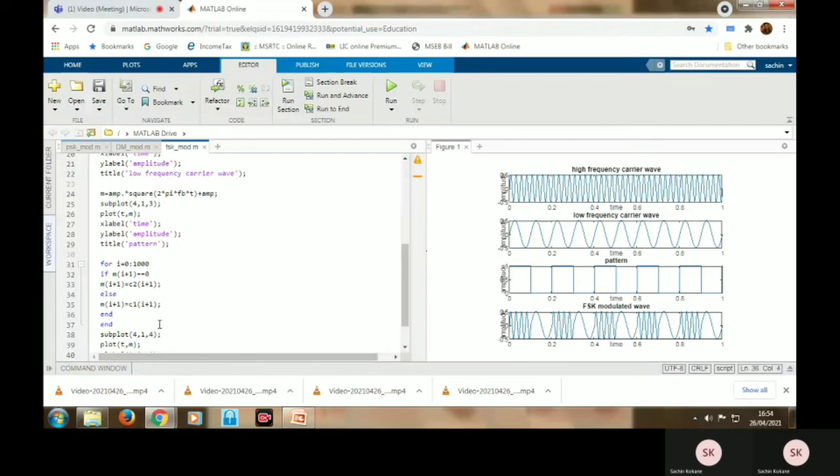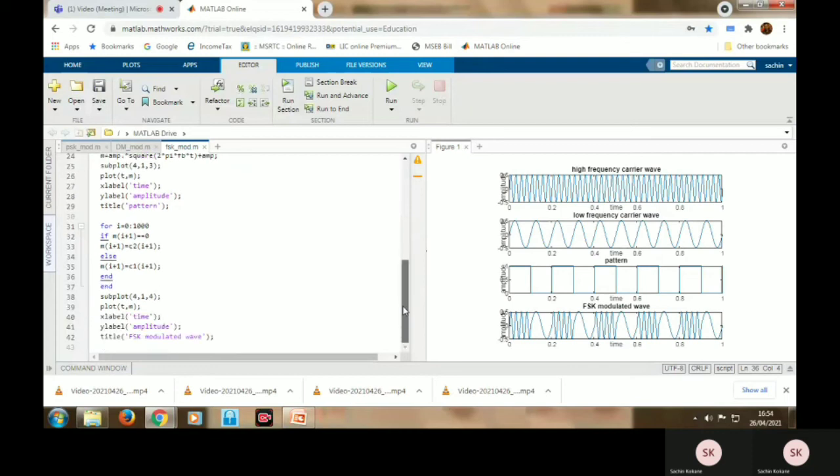In the fourth section we are plotting the FSK signal, that's why here it is 4 comma 1 comma 4. So plot t comma m. The x-axis is time, the y-axis is amplitude, and the title is FSK modulated wave. So let us run this code. It is the run key. So once we click on this,